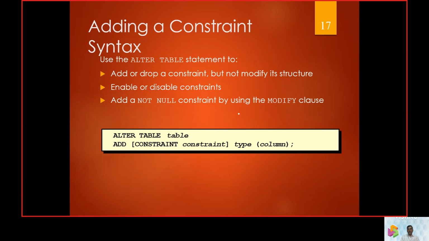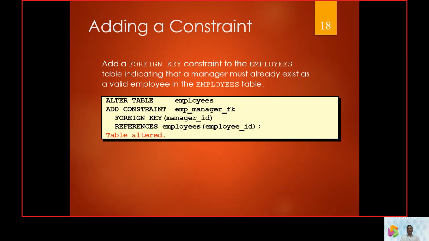Now how we add a constraint is we can alter the table and add a constraint, or we can drop a constraint. We can say alter table, add constraint, and thereby we can fix up the constraint. Similarly, other operations are that we can add a constraint, drop a constraint, enable a constraint, disable a constraint, and we can say it is a not null constraint. So any of these events can happen when we work with a constraint here.